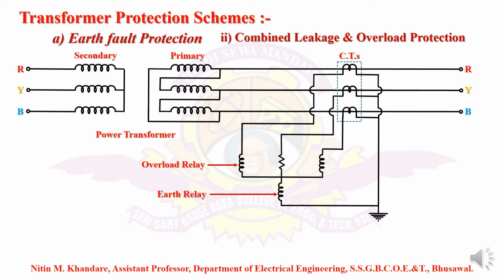As we don't know which phase will be overloaded at which time, that's why we are applying three different relays for each system. So three plungers are there with six contacts, and whichever relay operates, the circuit must send the trip signal to the circuit breaker. That's why we have to connect all these relays in parallel. So like this we are connecting them.